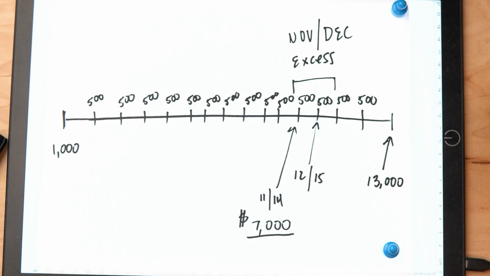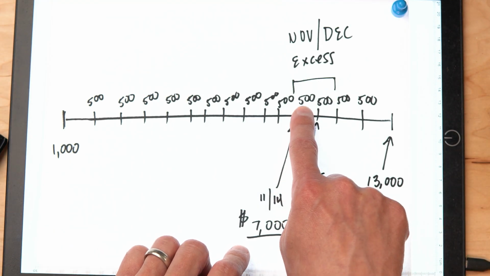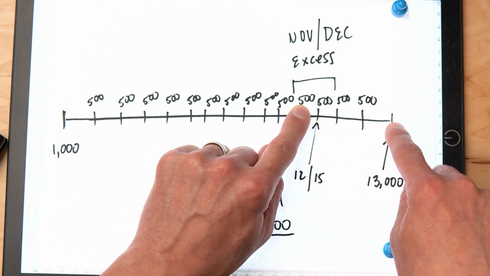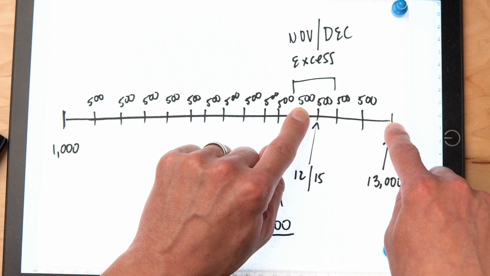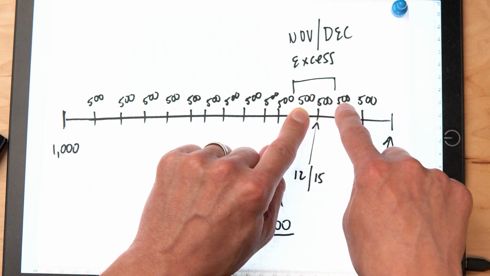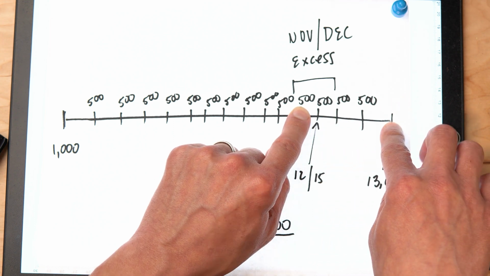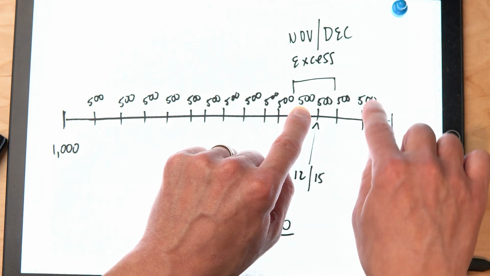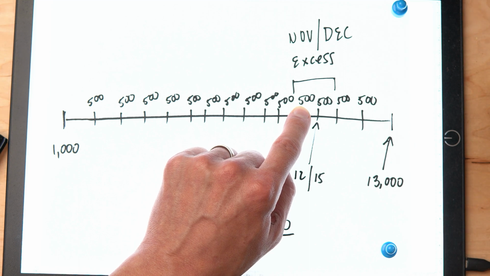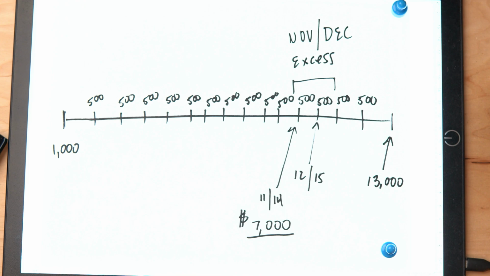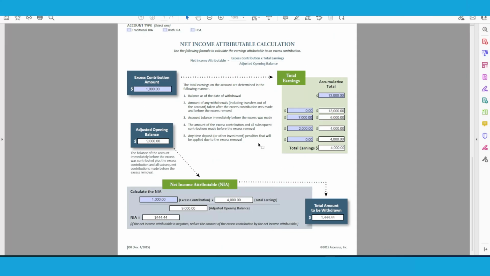Now, let me bring this up on the screen again. So we made this contribution, which was our first excess, and we're fixing it on March 2nd. So we have to include 500, 500, and also 500 and another 500 because it's right before we're going to fix it. I'm certain that somebody's going to get tripped up and think that this is not included when in fact it is. So it's going to be $2,000. Any time deposits are going to be zero. So we have our $7,000 and our $2,000. And our adjusted opening balance now is